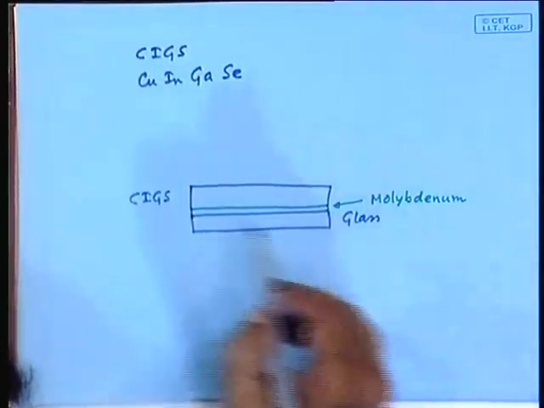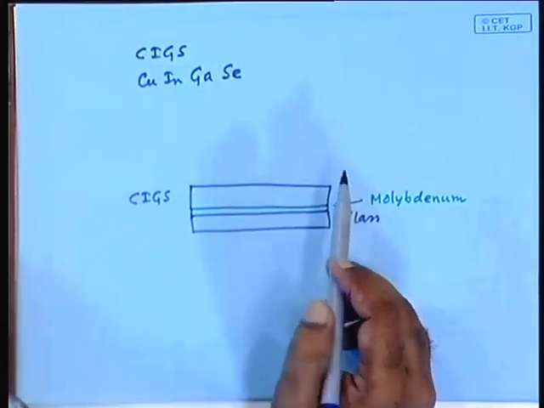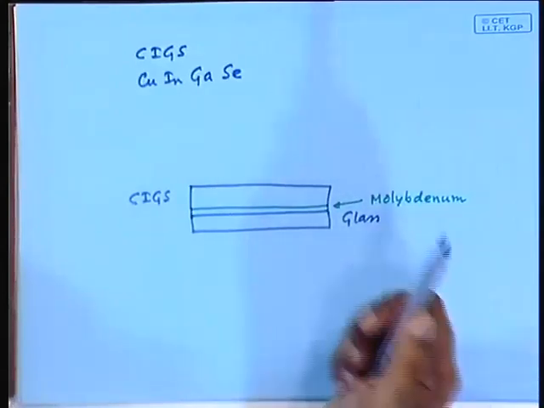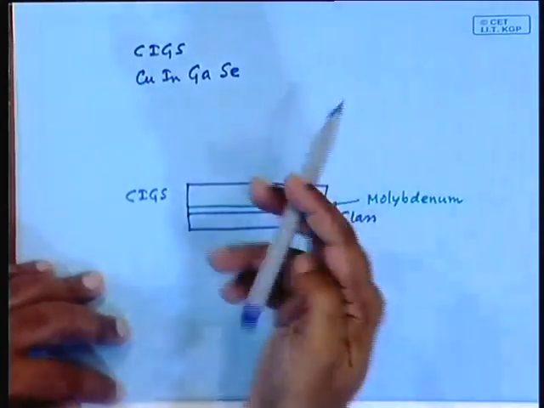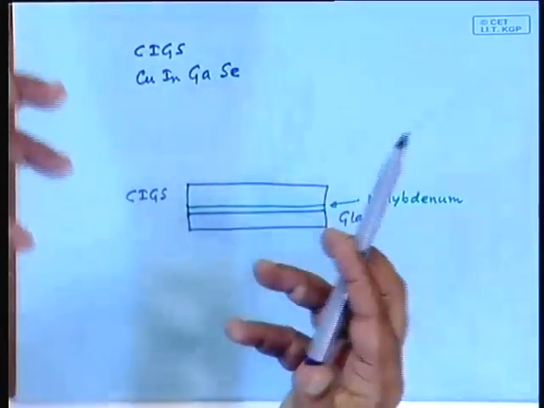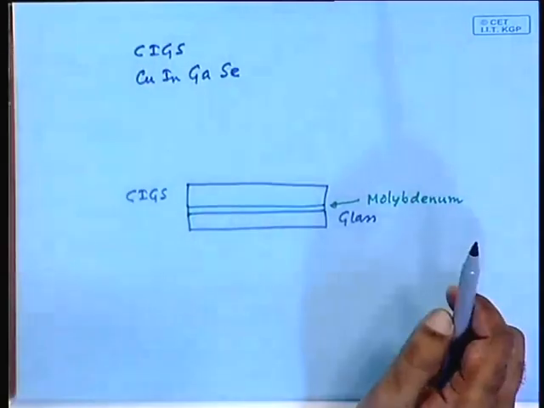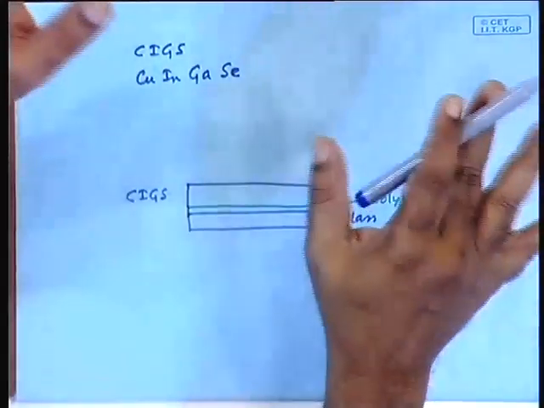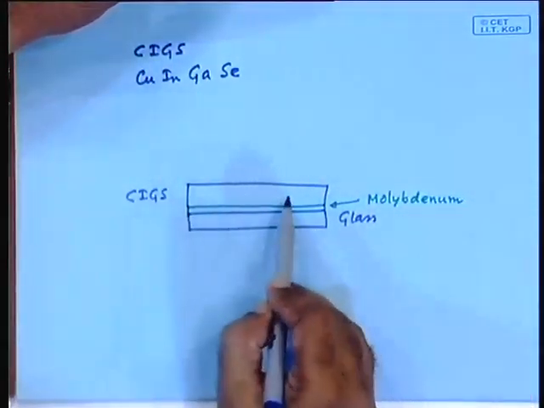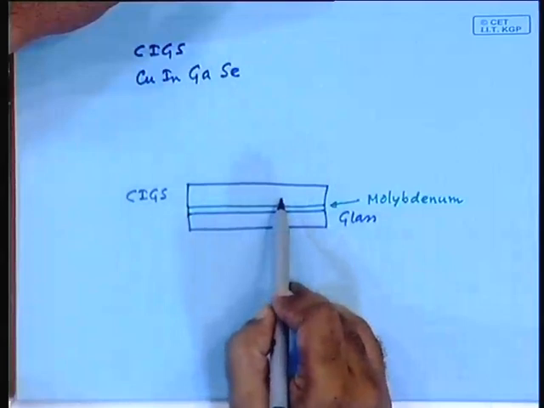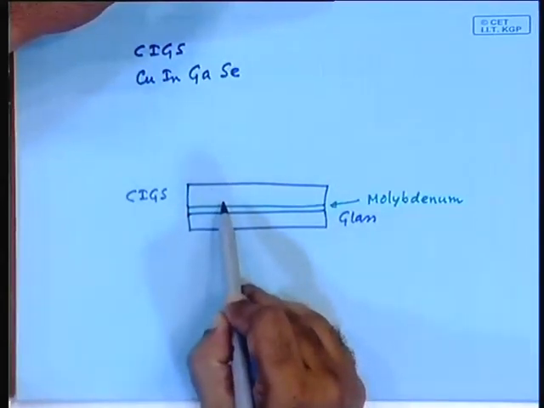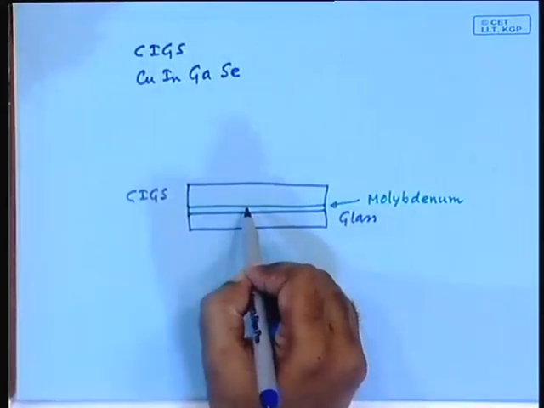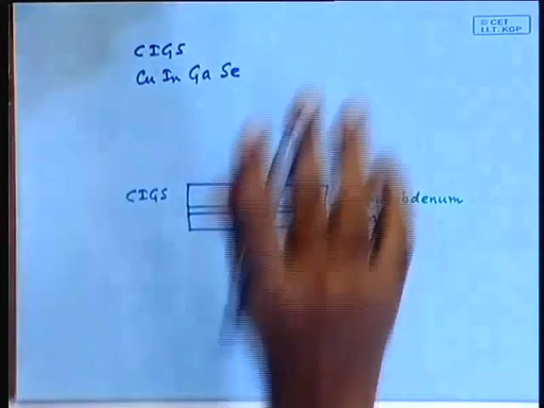The deposition process of the CIGS is rather complicated, and it is difficult to discuss, because these are all again changing all the time. This is an indium gallium mixture which is put in first, and then that is reacted with copper and selenium, and that kind of very complicated process of deposition goes on. And depending on the deposition, it is also possible to produce a continuous band bending. I will come to that later.